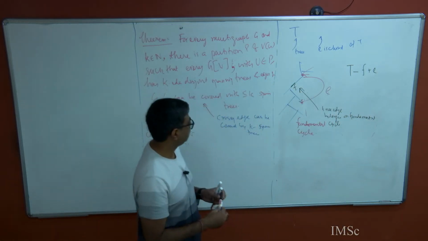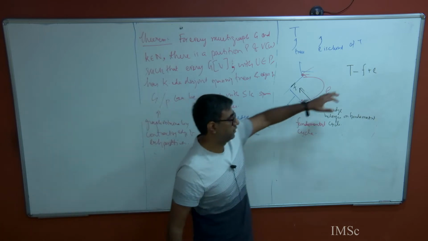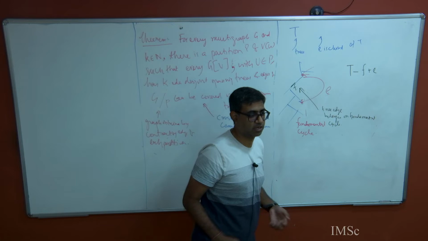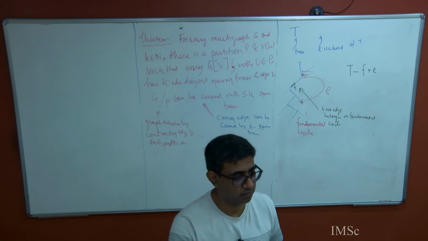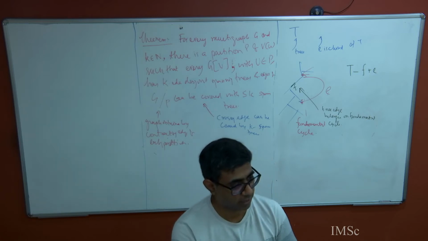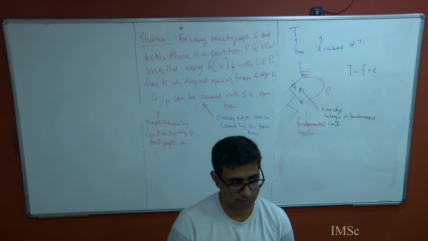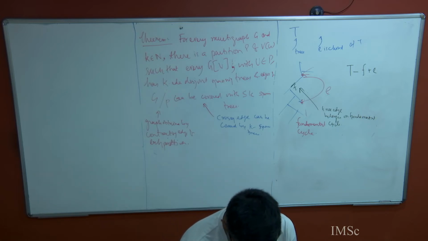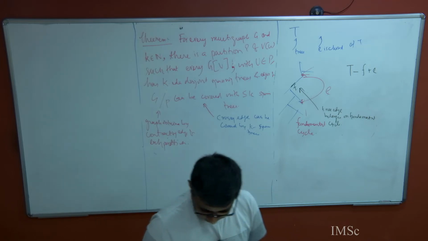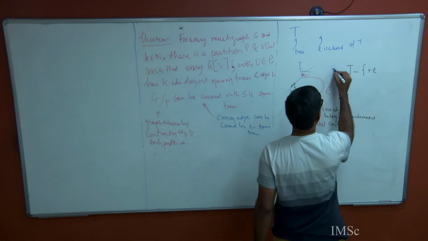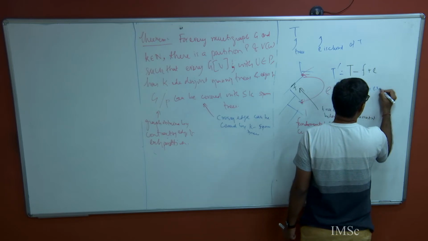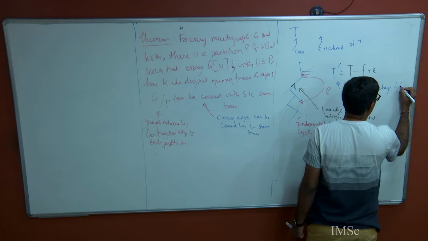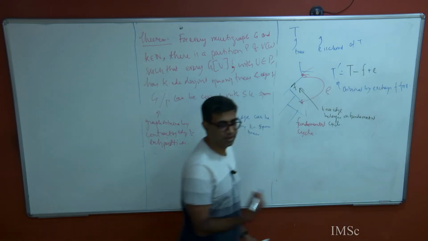Okay, is that fine? And this you must have seen when you were trying to do the proof of correctness for Kruskal's or Prim's, right? This is how, right? That okay, if this is not minimum, then I can replace some edge. So this is an argument we are going to do today. This is like T prime obtained by exchanging F for E. So we have exchanged F for E.